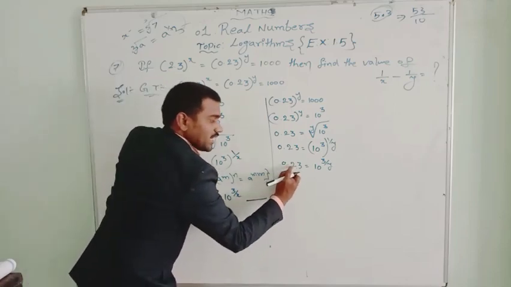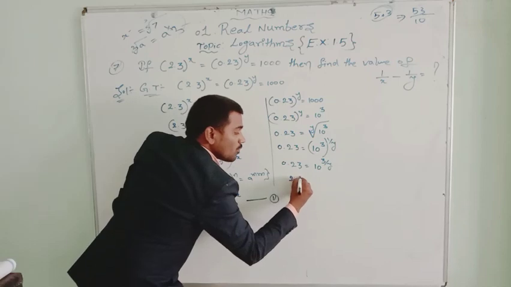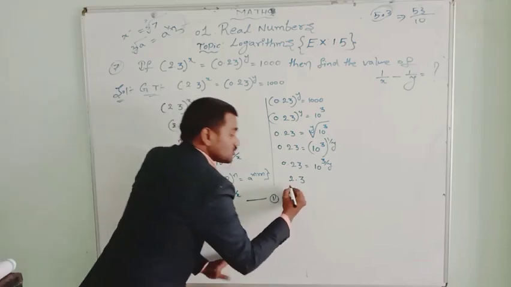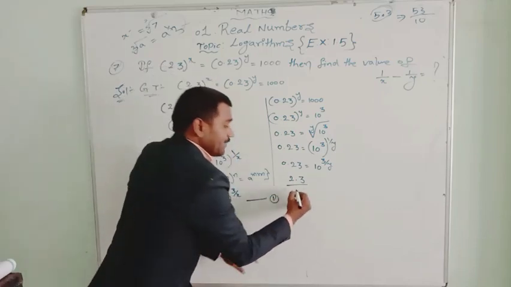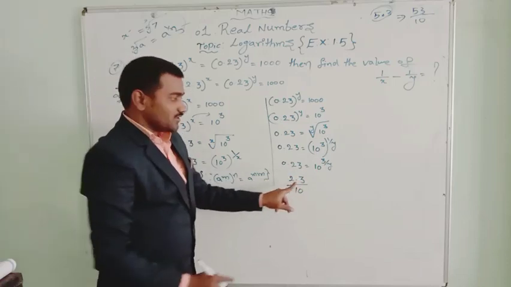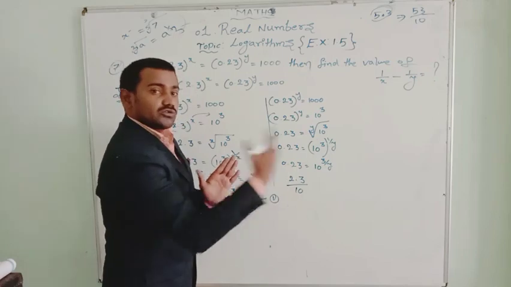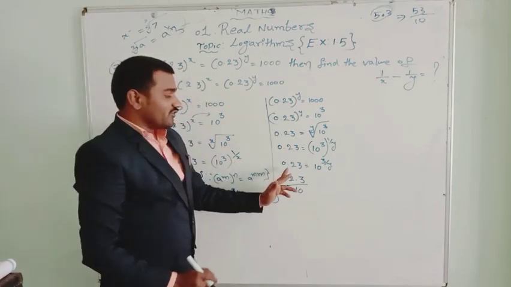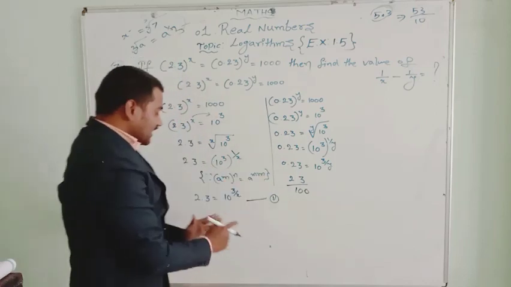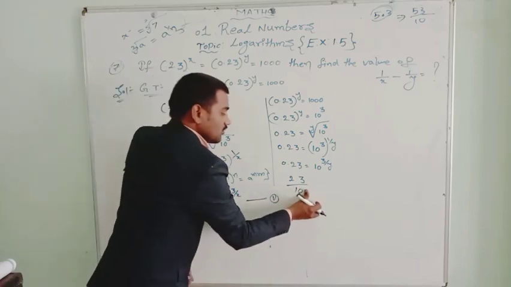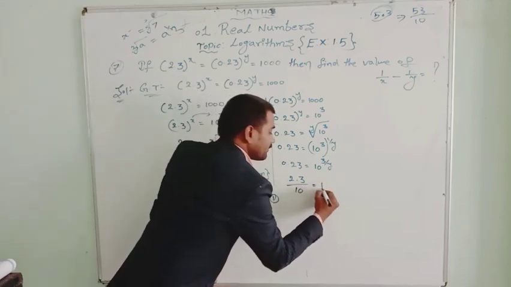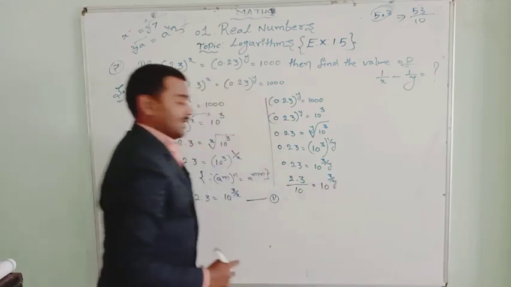This decimal point I will move to this side, one decimal place. I will write 2.3, taking only one decimal place, so I will divide by 10. You should understand: 0.23 I have written as 2.3, so only one decimal place I moved to the right side, so I divide by only 10. Actually you can write 23 by 100 directly, but I did not change it because I already need only 2.3. So I take this 0.23 as 2.3 divided by 10, that equal to 10 to the power of 3 by y.